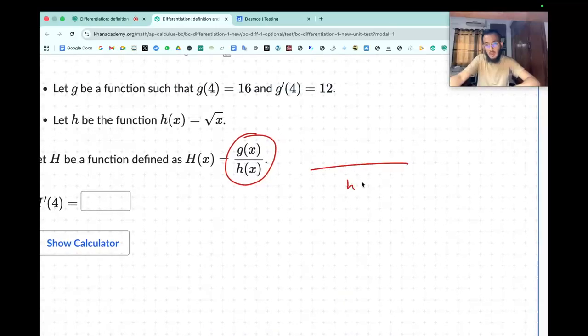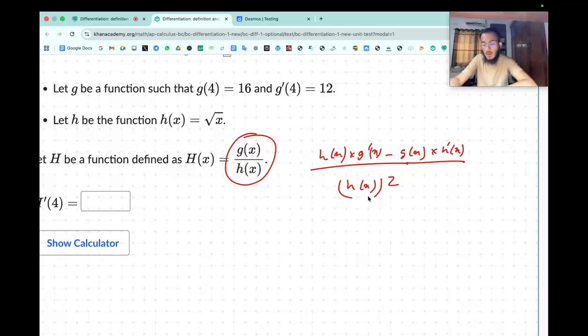So it's h(x) squared in the denominator, and in the numerator h(x) times the differentiation of g, which is g'(x), minus g(x) times the differentiation of h(x), which is h'(x). Now we know that h'(x) would be